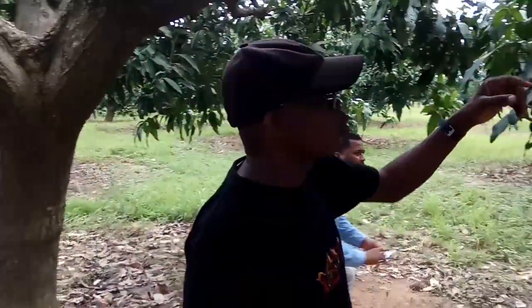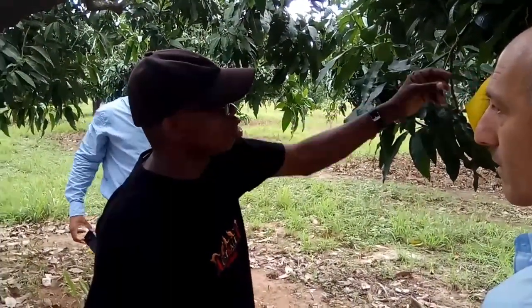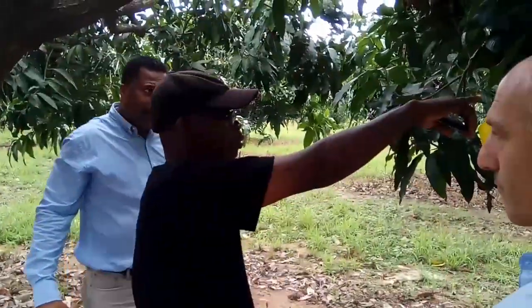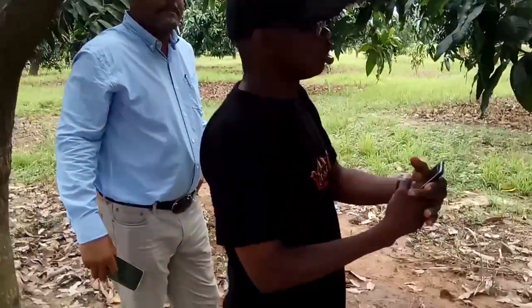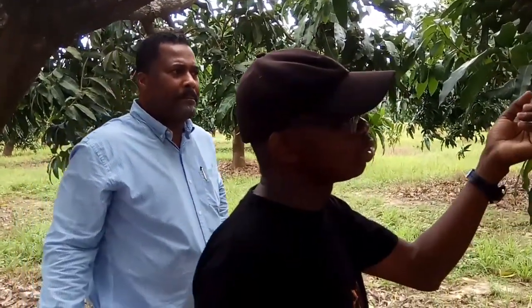So the liquid, always you have to put a new dispenser. It's not possible to top up what's in the dispenser. To top it up, to refill it. No, always you have to put a new one, because you have